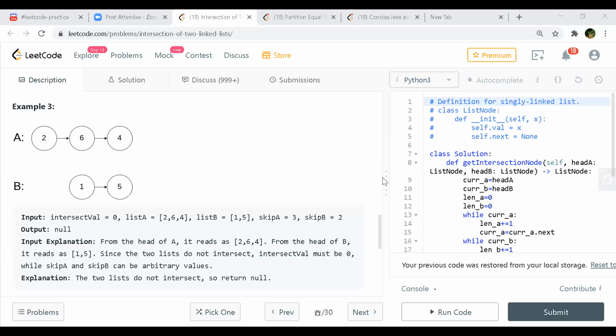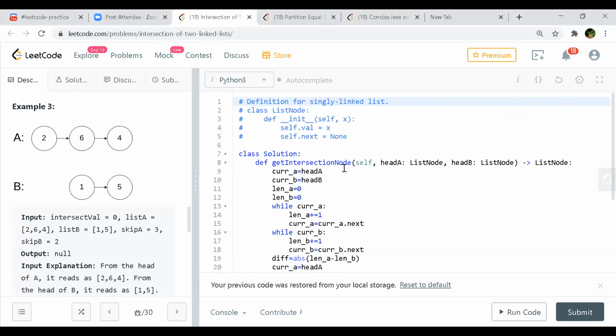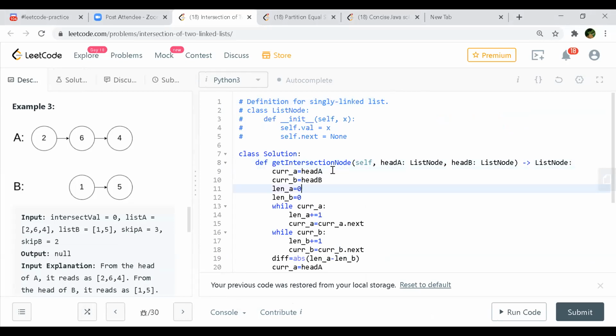Yeah, sure. So mine is like this. Initially I'm taking 2 current pointers, one pointing to A, the other to B. Now initializing both lengths to 0, calculating the length of the first linked list and the length of the second linked list. And in line 19, I'm taking the difference.